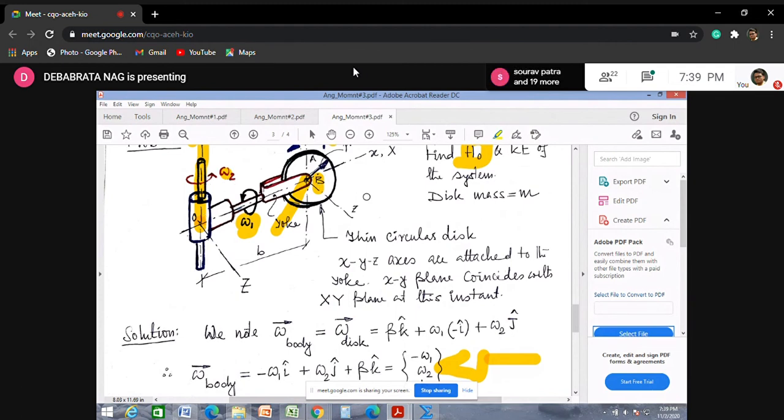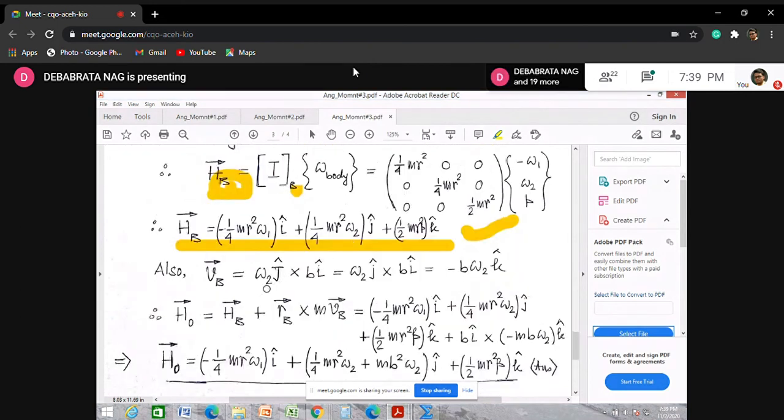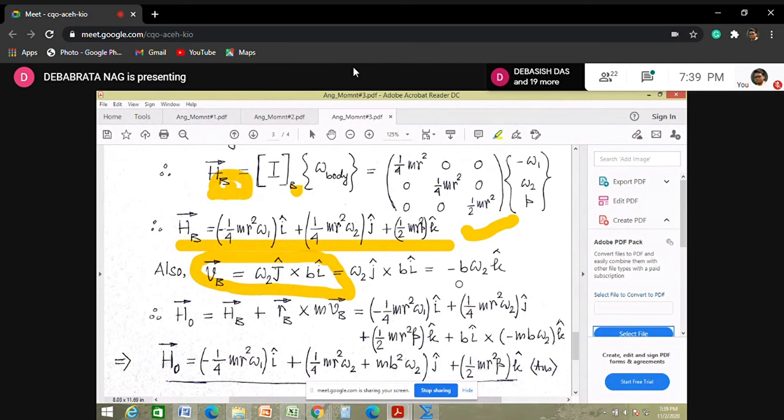This omega 1 is not affecting anything at point B, because point B is lying on the axis of rotation of omega 1. Correct? No? So point B's linear velocity will be due to only omega 2. And I can therefore say that this is the velocity of point B, or the center of mass's velocity. And again, if I express my result in terms of the instantaneous coordinate axes, that will be our velocity of point B.